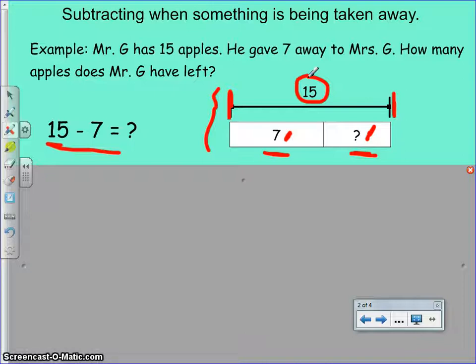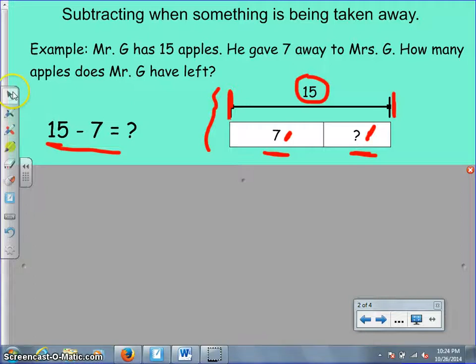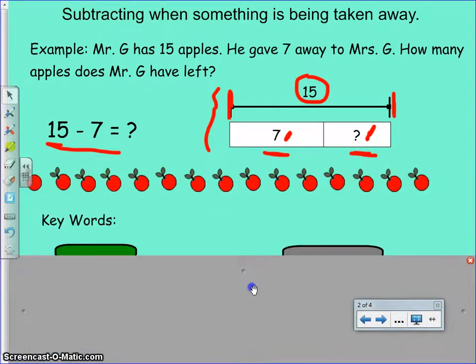Okay? That's important to be able to look at this table and recognize where the missing number is, and this will help you have different ways of figuring this out, because I can actually use addition to help me figure this out. If I am taking 7 from 15, I can actually say, well, what plus 7 gives me 15, and I'll find my answer. And in fact, I know that 7 plus 8 equals 15. Let me go ahead and move it further down. I can actually show you